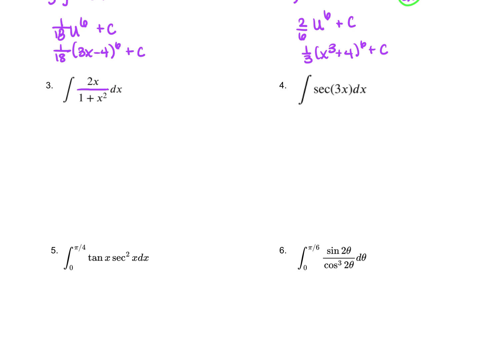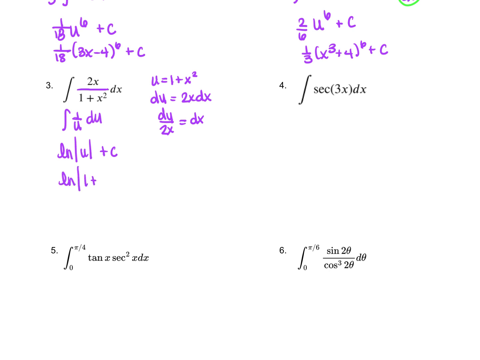So if we let u equal the bottom, the power is 2. And notice the derivative, x to the first power, is hanging out to be canceled. So here du would be 2x dx. So then, of course, our 2x would cancel, and we're left with the integral of 1 over u du. And that, of course, is the natural log of the absolute value of u plus c, and then, of course,